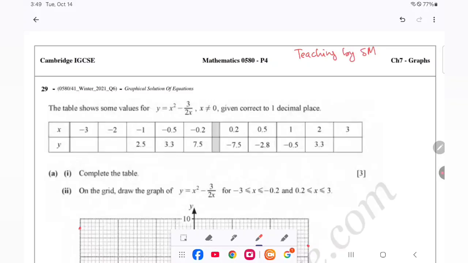Assalamualaikum. I'm Alina Zahid and today we are solving Cambridge IGCSE Mathematics Paper Code 0580 Chapter 7 Past Papers from